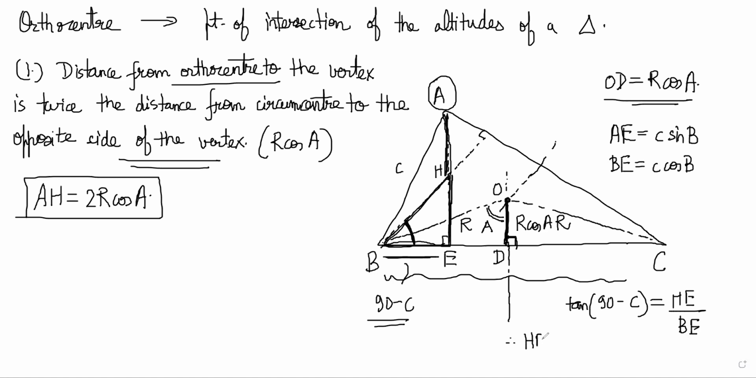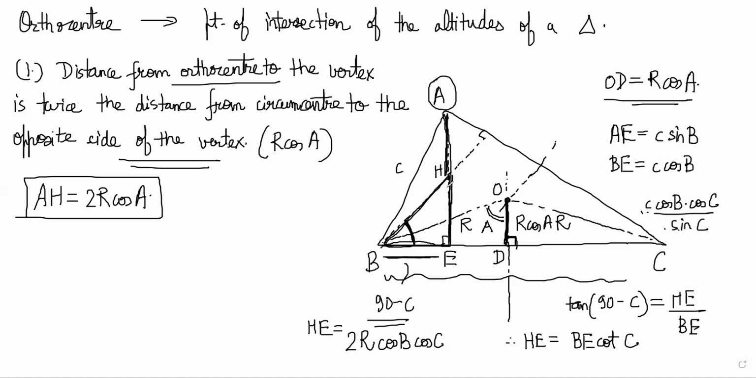Therefore, HE is equal to BE cot C. And BE cot C will be C cos B cot C. So cos C by sin C, right? So HE is coming out to be C by sin C is 2R because of sine rule, 2R cos B cos C. So what I get is right now HE distance. And if I have HE is 2R cos B cos C,